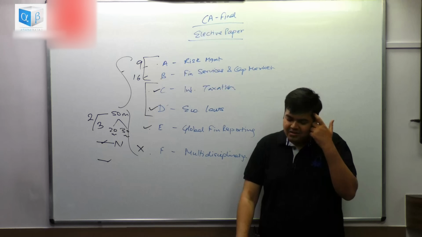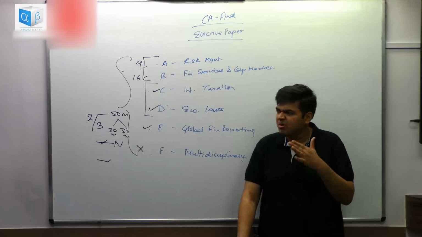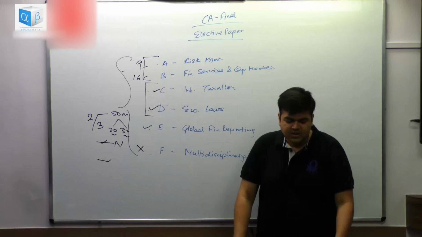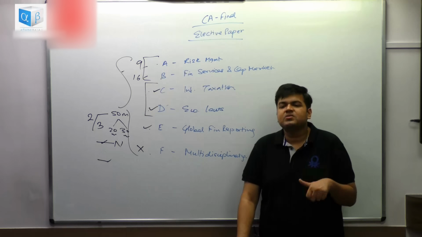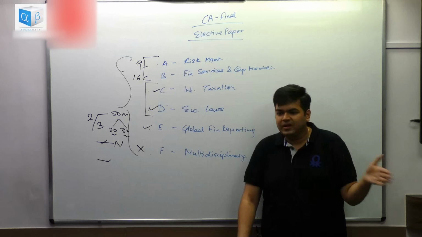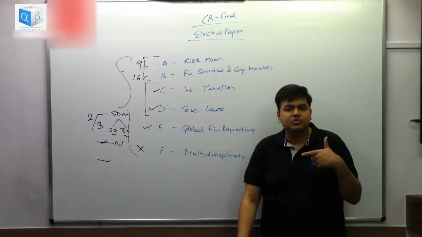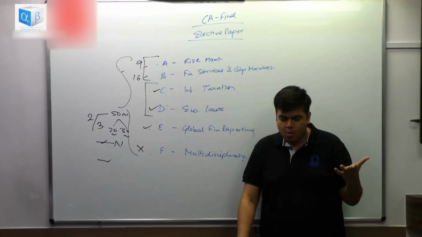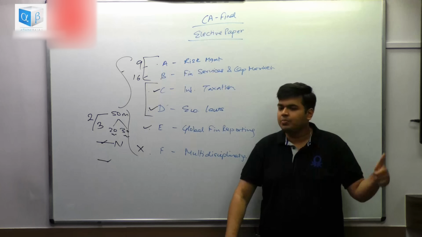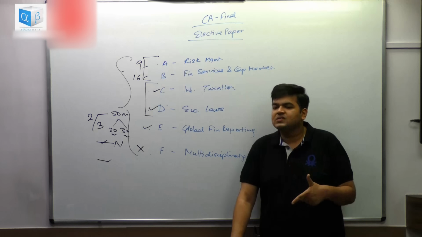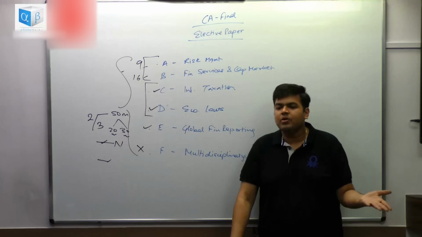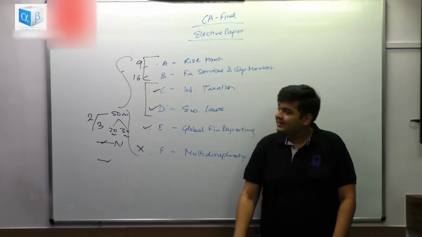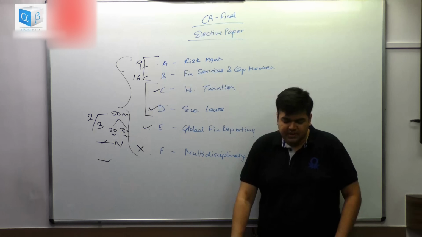So there are about 9 readings. A couple of them are quite small, on an average between 20 to 25 pages. So if you like risk management, I know risk management is not being covered in any of the readings as such except for one chapter in SFM, so it's difficult to assess whether you like it or not, but it is quite easy. There is an overlap with 2 readings: the quants part with the portfolio of SFM, and the risk management reading will be overlapping. That part is going to be totally common, 100% common. Then we'll move to the second subject, financial services and capital market.